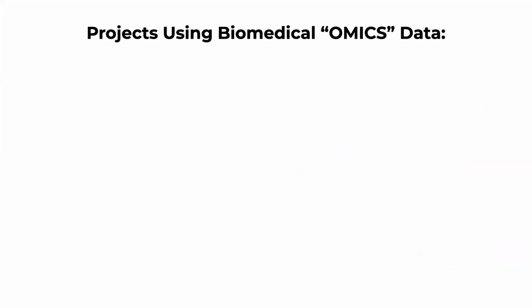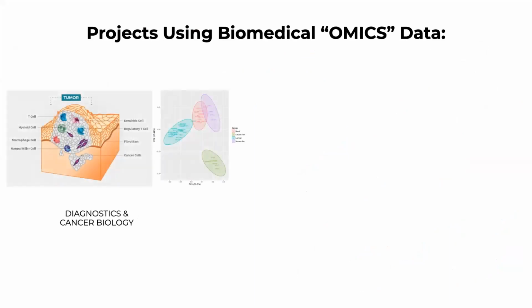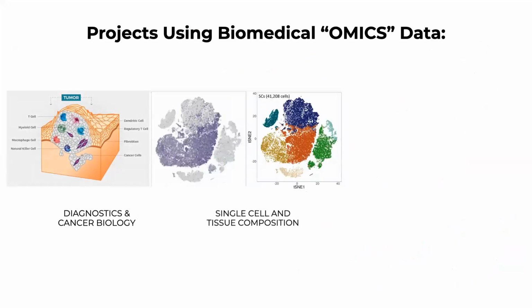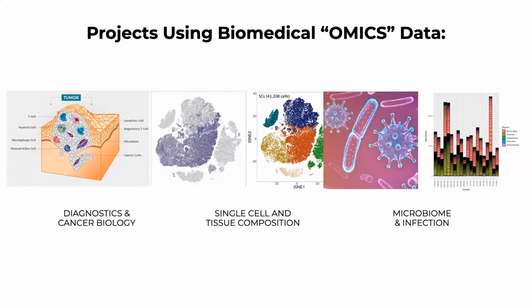What we'll do is we'll take a number of projects. These are going to be sourced from high impact, peer-reviewed journals, with data sets coming from those journals directly and analyzed to provide us insights into diagnostics and cancer biology, single cell and tissue composition, and microbiome and how